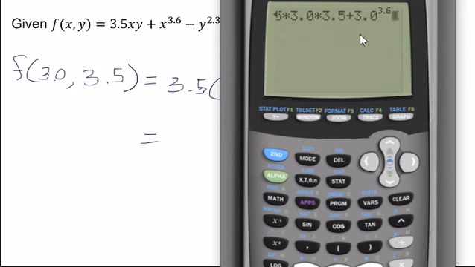If you have a regular TI calculator, it should not do it this way. Minus, so I have a minus sign here, a regular minus sign, and then 3.5 to the power 2.3. Now I'm struggling a little bit here because I'm using my pen to punch these numbers on the screen, but if you're doing it on a physical calculator, it should not take this long. And then plus